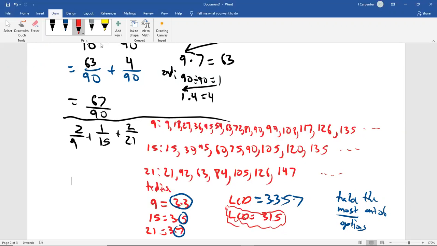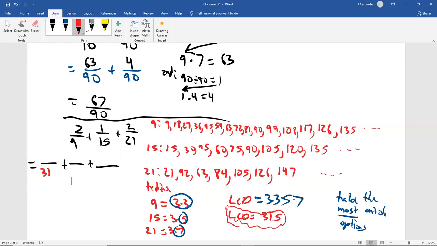There are LCDs in the thousands of digits sometimes. Not really in this course, but in math in general. Can you imagine having to list all those multiples? It would take you an hour, maybe 2 hours, versus just understanding the prime factorization version and boom, getting the LCD rather quickly. So now let's go back to our fractions and let's rewrite our denominators